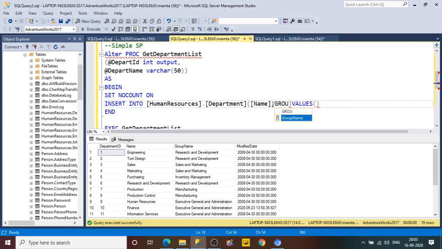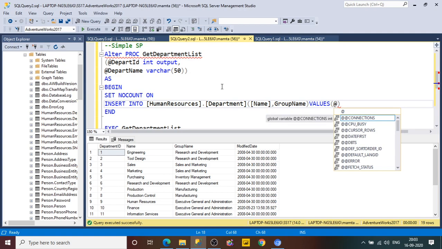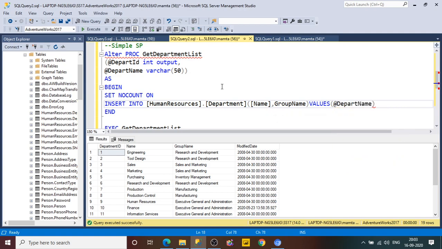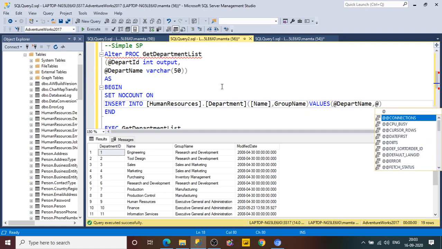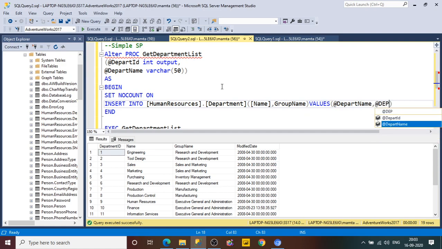Here we go, group name, and the values we need to pass are what we have in our parameters. So I'm going to pass both, department name and group name, insert into this.